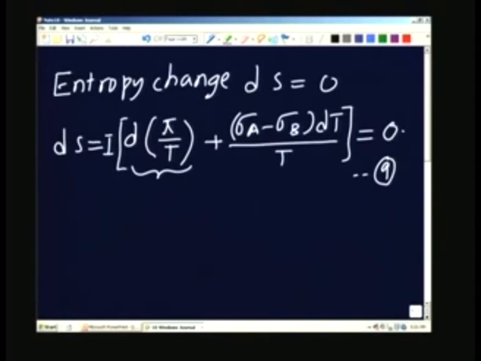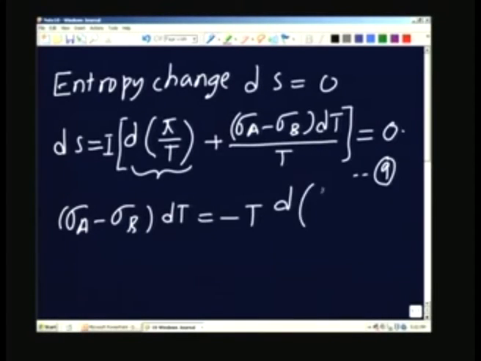From here, you notice that (sigma a minus sigma b) dt is equal to minus T into d of (pi by T). And I will put this into the earlier equation, which related the Seebeck EMF to the Peltier and the Thomson EMFs, and therefore, if I go back,